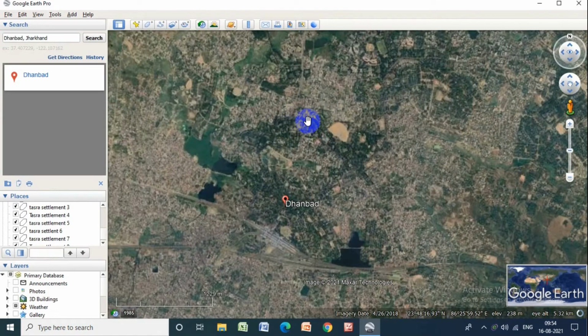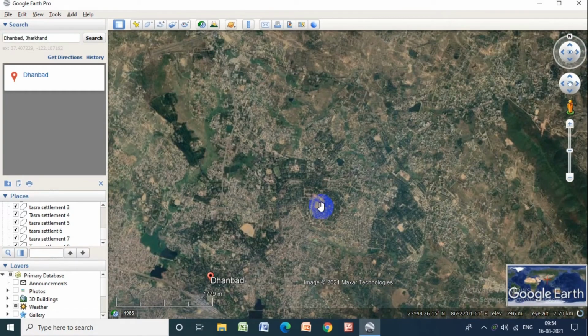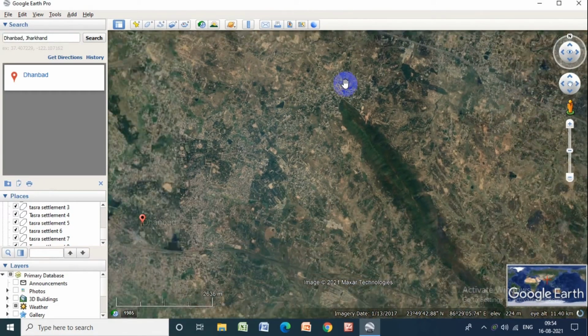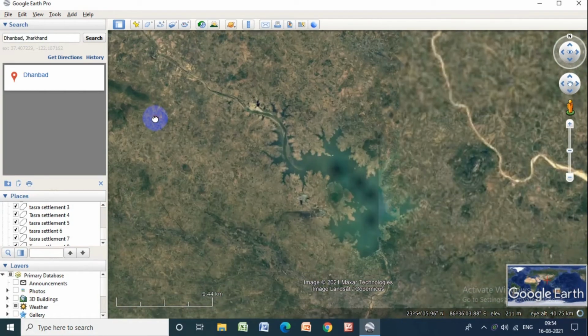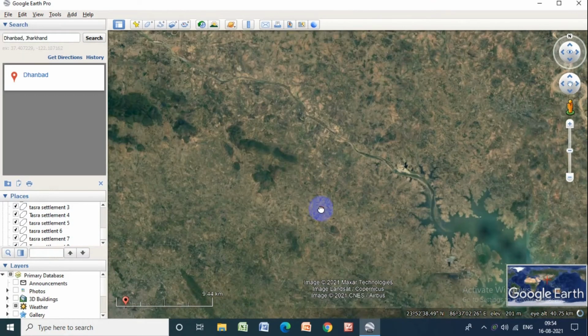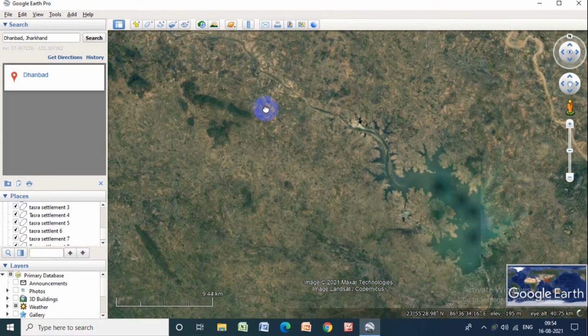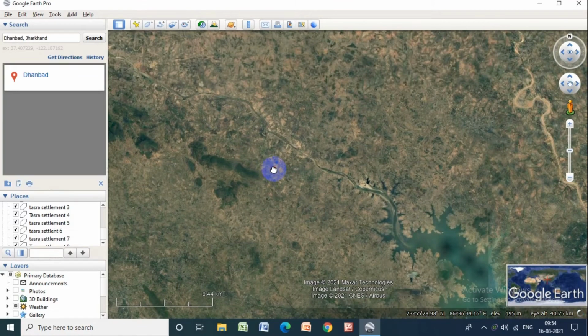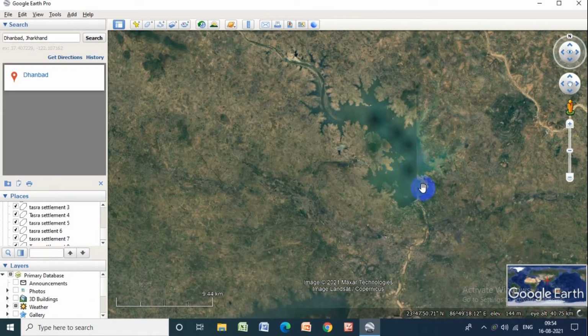Enlarge it. You will find here the Barakar River, which is in the northern portion of Dhanbad district. It limits the northern boundary of Dhanbad district. Here is Maithon Dam.